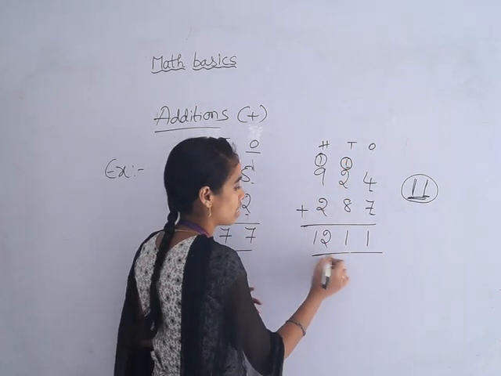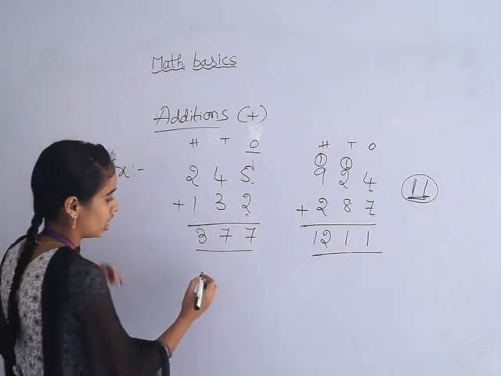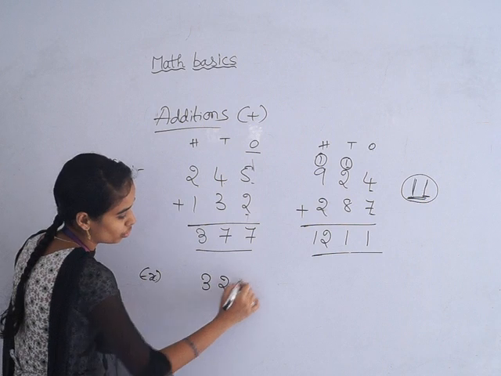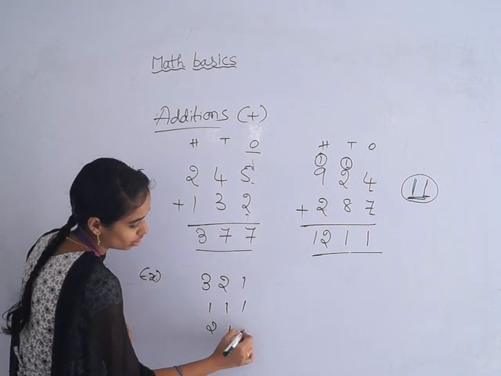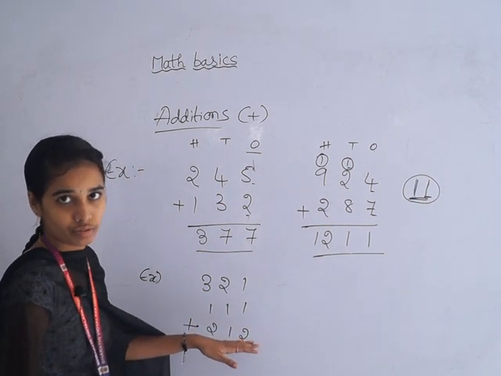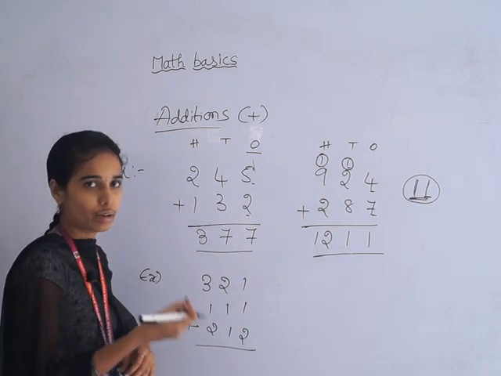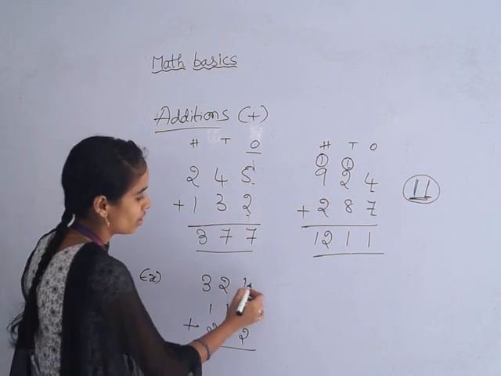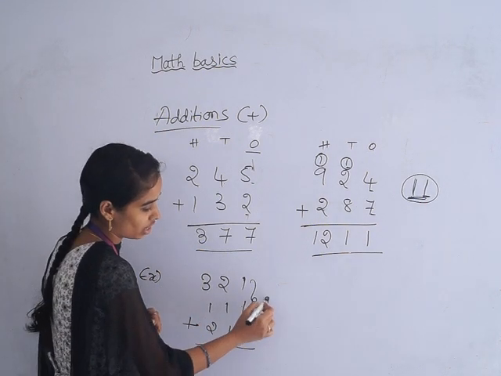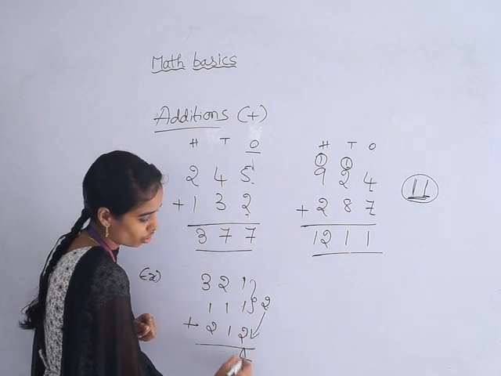Okay. These are the 3-digit additions. We have 3-digit additions in a different method also. That is, again I am saying this: 211, 112, 12. Here we get an extra row. Yes or no? So you have to add these 3 numbers. For this addition also we have to start with the ones place only. If they are giving 3 numbers, first add these 2 numbers. 1 plus 1 equals 2. Again add this 2 to 2. 2 plus 2, 4. So the answer is 4.